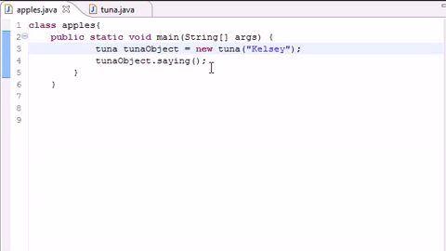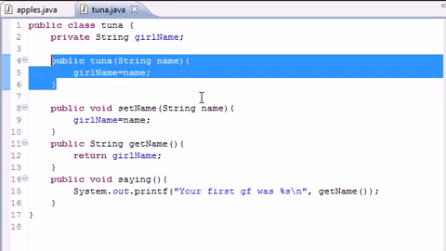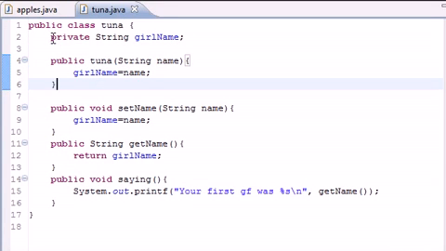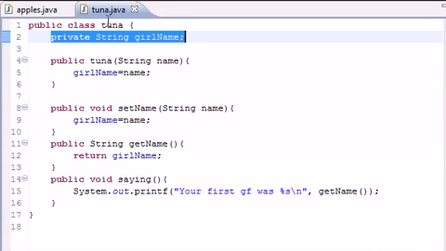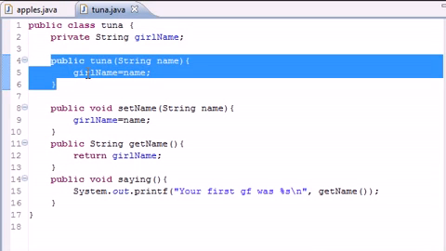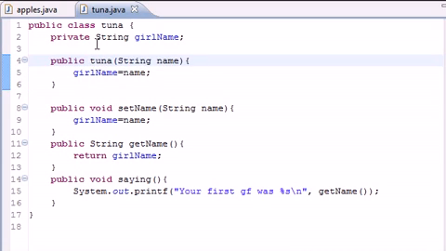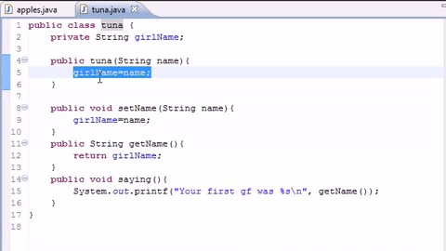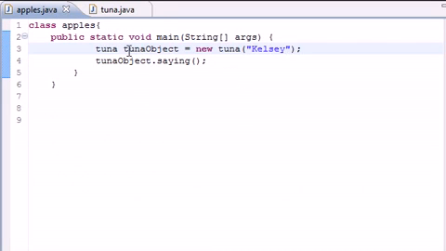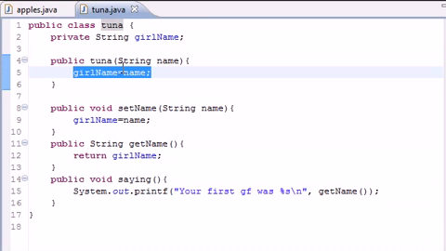Let me talk you guys through this one more time, and then I'll show you guys another neat little trick. If you want to initialize a variable as soon as you create your object, all you have to do is create a method and name it the exact same thing as your class, and put whatever you want to initialize in here. And then whenever you create your object, instead of leaving those parameters empty, just put your argument in there, and that'll go to your